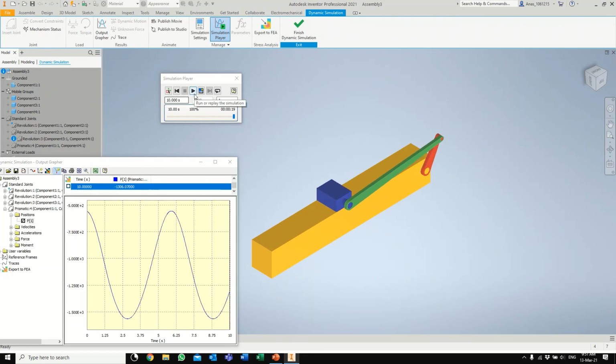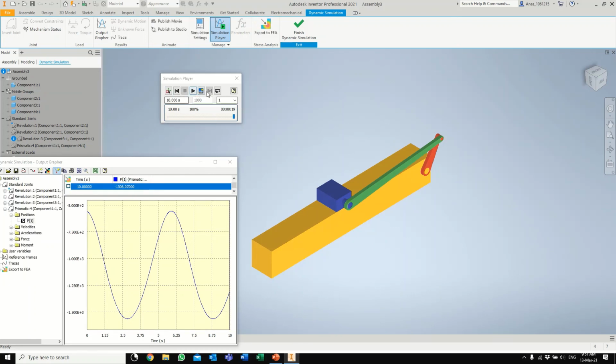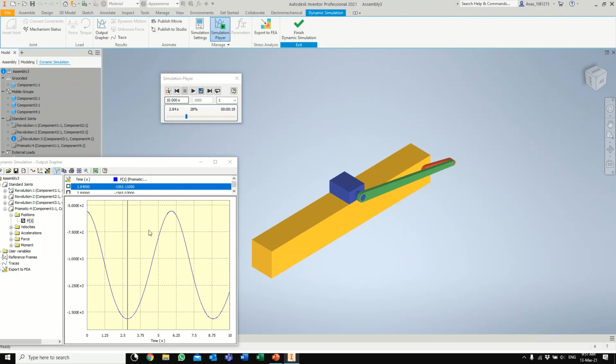Okay, let's hit animate again. Oh, it's not working. Move it to the beginning. Okay. Now we confirm that this is correct here, and this is exactly what you want, since